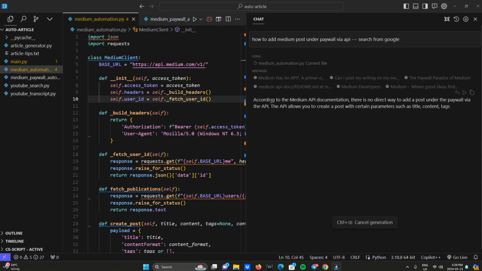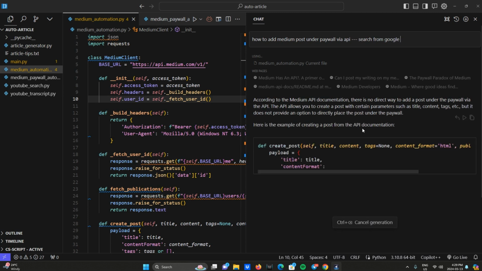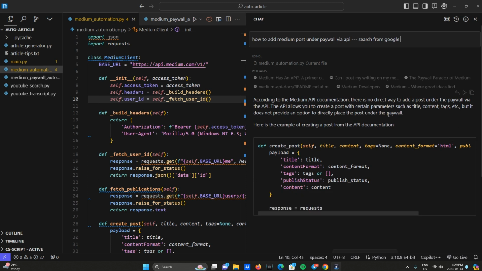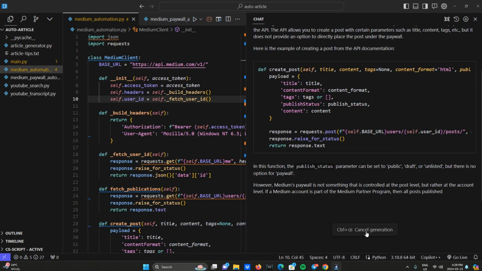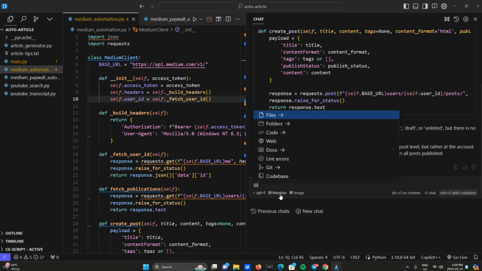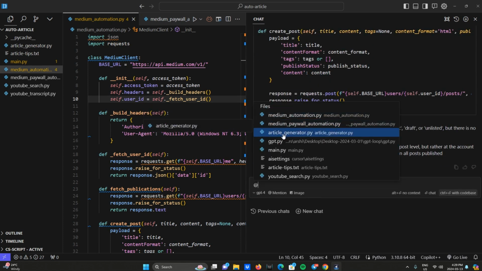So when it's reading, it says, okay, according to Medium API documentation, there is no direct way to add post under paywall, but it's trying to explain everything and even giving you an example of creating posts from API documentation. But even though, what else can you do? You can simply say here, mention file, for example,